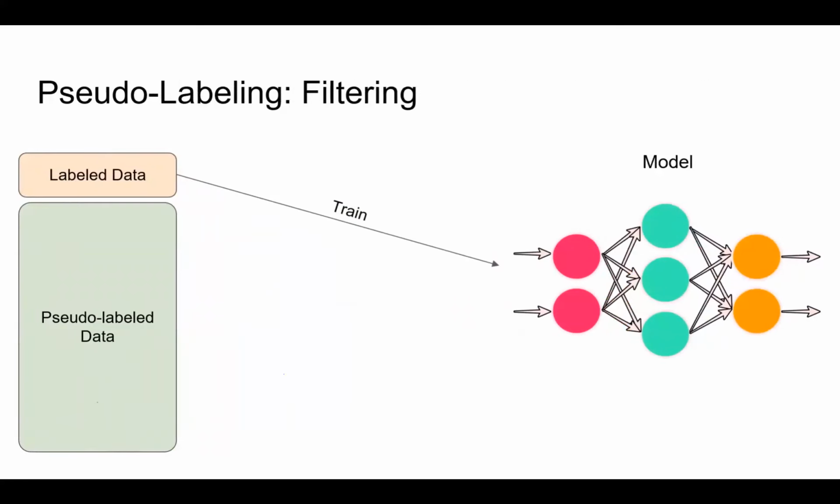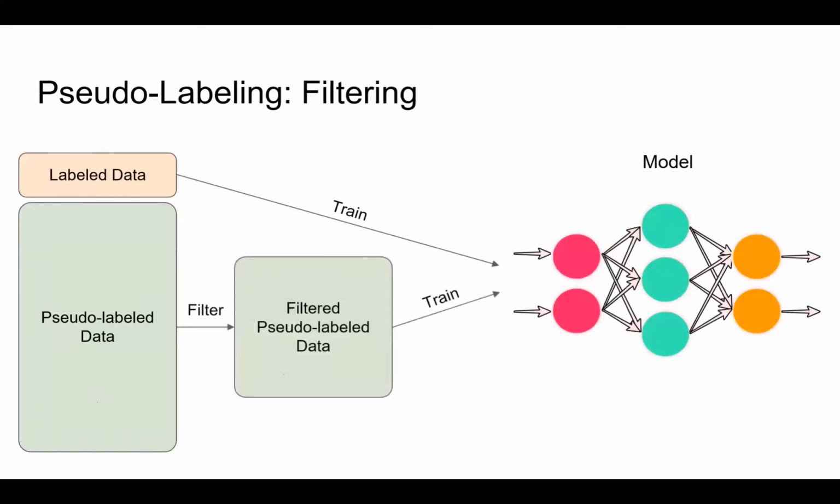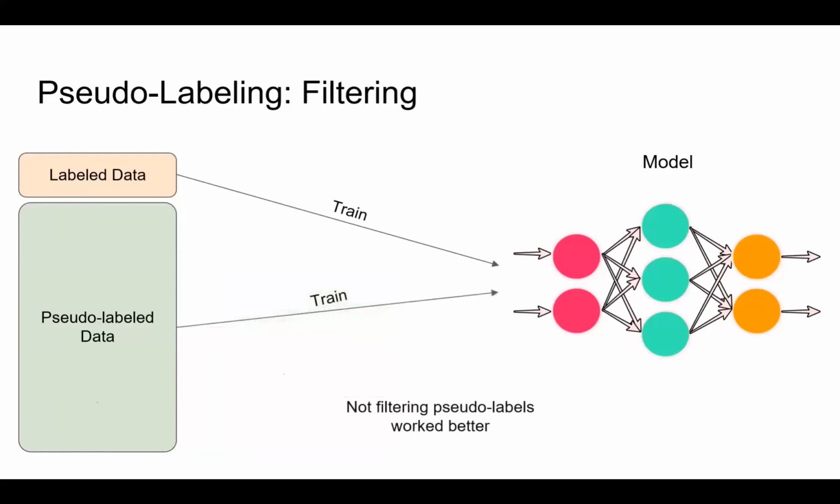In most of the pseudo-labeling approaches, there is a filtering step that removes bad predictions. We want to train only on our most confident predictions so that uncertain cases will not be reinforced in further training. Choosing high-quality predictions for the classification task, for example, is fairly easy since there is only one value to look at. However, the segmentation task has hundreds of thousands of these values. It's not so straightforward to filter poor samples from good ones. We've tried multiple techniques for filtering the pseudo-labels, but interestingly, using the raw pseudo-labels without any filtration worked better for us.